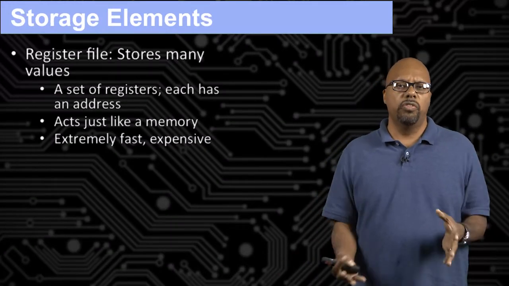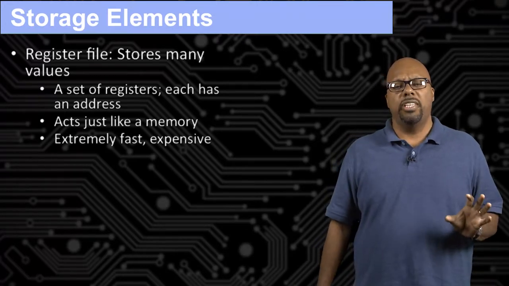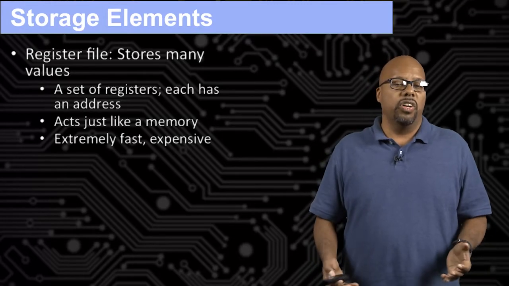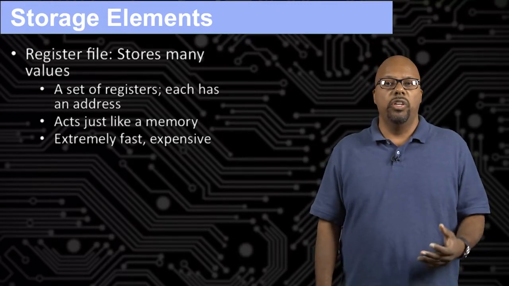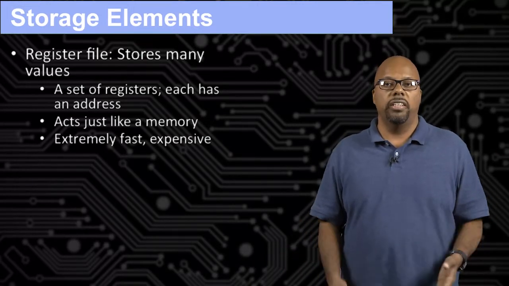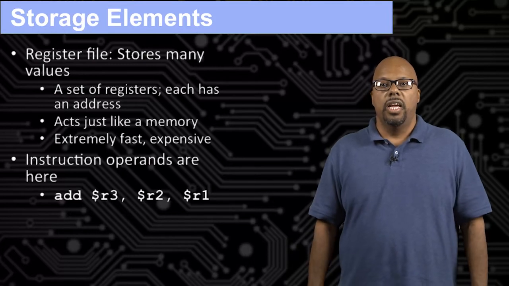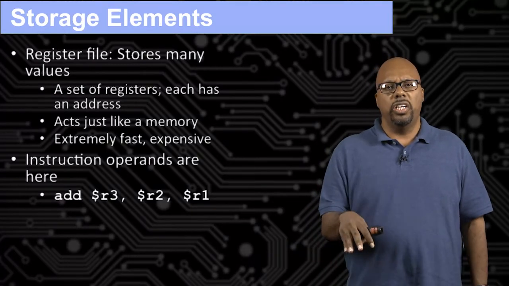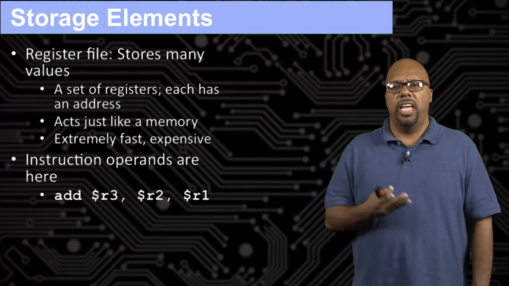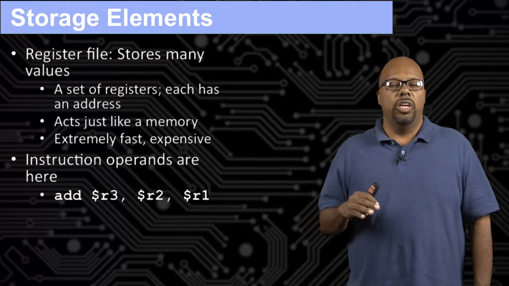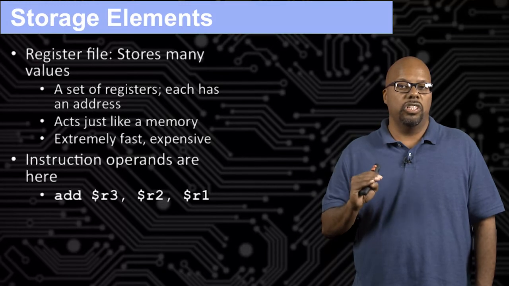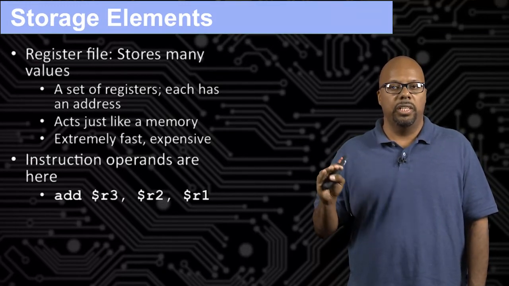A register file is basically a group of registers put together. So these are commonly how registers are organized inside microcontrollers. It acts like a memory, just a very fast memory, right? You can only read one or two of these registers at the same time, but usually you don't need to read more than two in a particular clock cycle. Instruction operands are stored inside register files. So what you're seeing there is an add instruction. Add R3, R2, R1. It's not going to look like that to you. That's what the machine is actually running, the simple instructions that the machine is actually executing. We'll talk about that a little bit later.